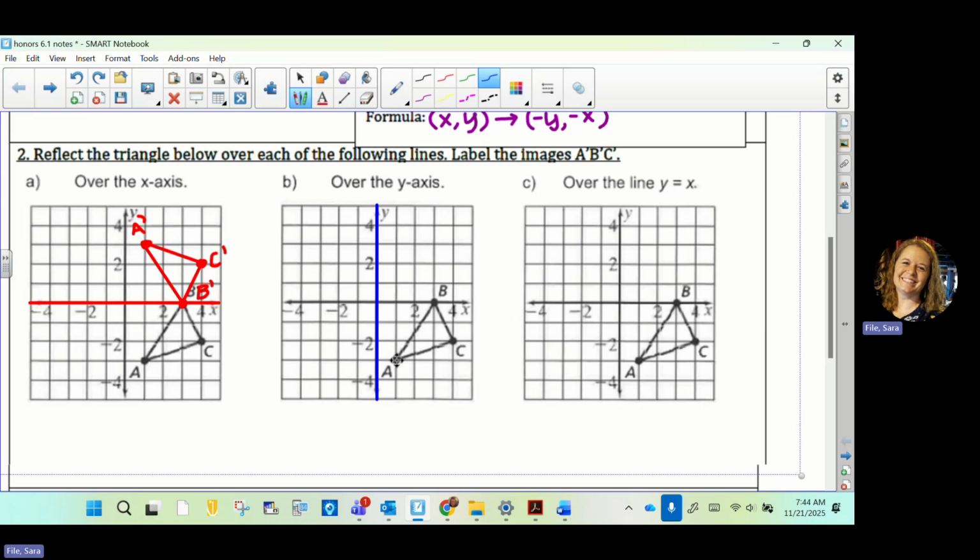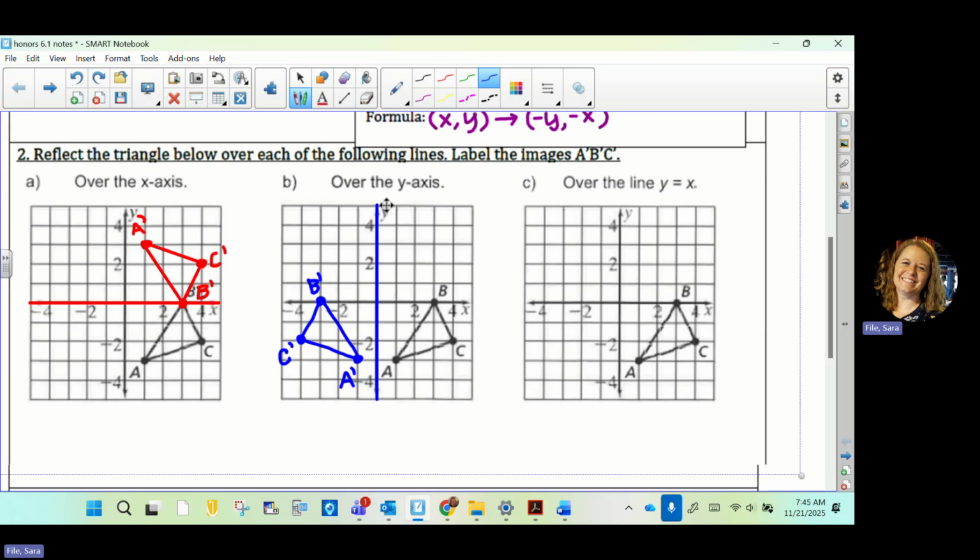It is 1 to the right, so it's going to be 1 to the left. So there's going to be my A prime. C is 4 to the right, so it's going to be 4 to the left. There's my C prime. B is 3 to the right, so it's going to be 3 to the left. There's my B prime. And again, you could check those ordered pairs and confirm that the rule that we wrote